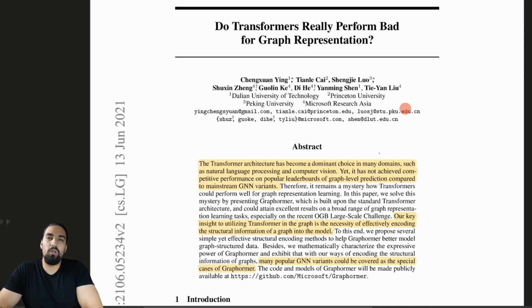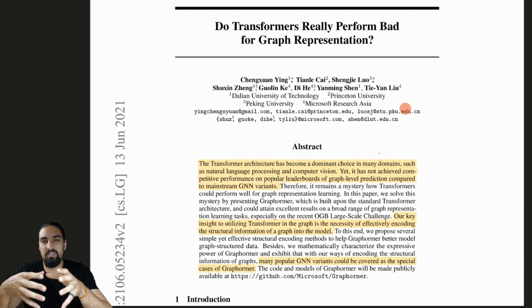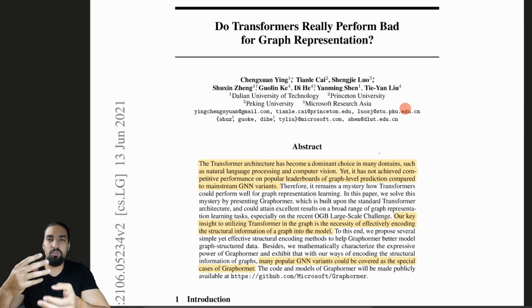So what is cool about this paper is that this is the first time that a Transformer has outperformed classical graph neural networks on this important benchmark called the OGB Large-Scale Challenge. And the whole point of the paper, the whole idea, is to encode structural inductive biases into the transformer model, and they show that by adding 3 of those encodings, they can actually outperform those classical GNNs, which is